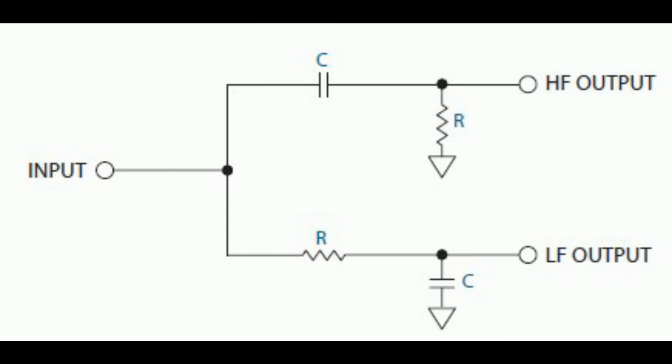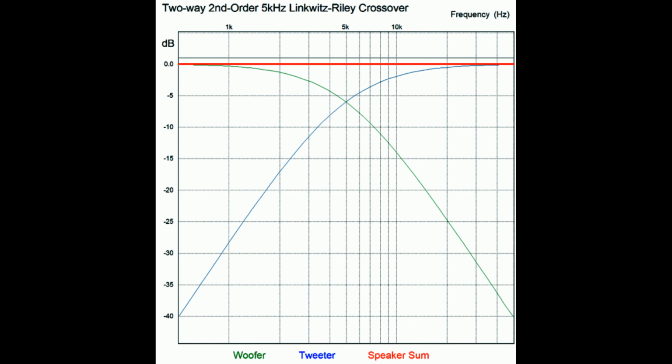Because there is only one capacitor and one resistor in the circuit, this is a first order, also known as first-degree, crossover. Each order of a crossover network applies a 6 dB per octave attenuation on the frequency band. That means the volume is decreased by 6 dB when frequency changes by a factor of 2. A second-order high-pass crossover at 5000 Hz will cut the volume from 5000 Hz to 2500 Hz by 2 times 6, 12 dB, hence is said to have a 12 dB per octave slope.